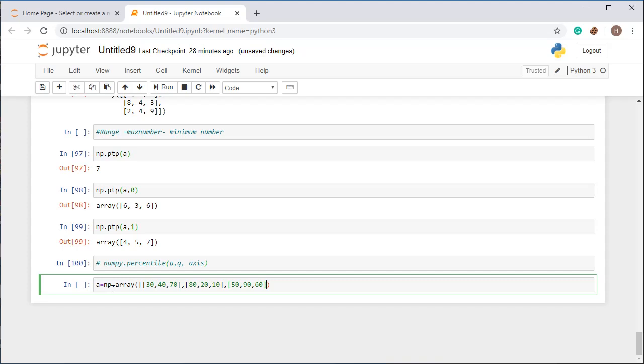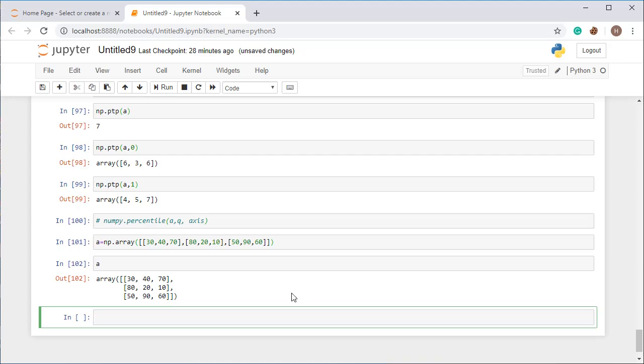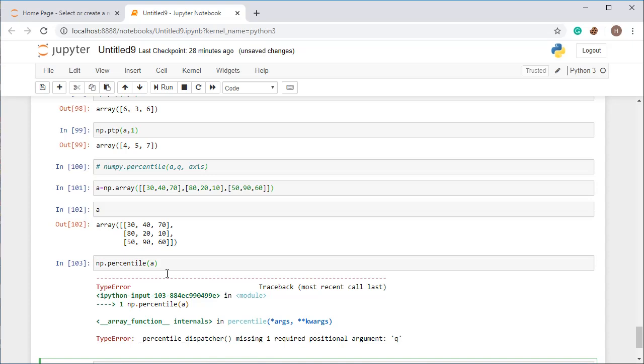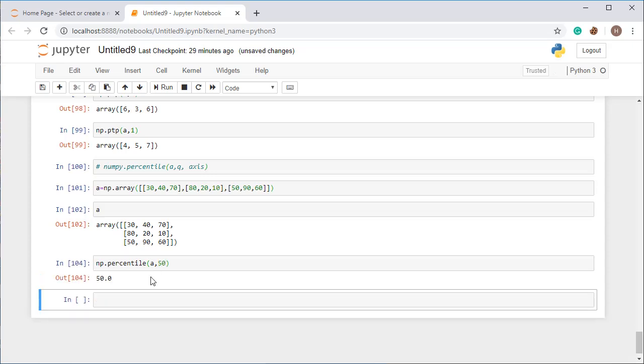So we can consider all these things in array. So here our array is this one. Now I am going to apply the percentile function on this. So for that np dot percentile and then pass the array a, simply a. You must have to pass the attribute of q, at least you have to pass the attribute of q. So I am passing the attribute as 50, so it will give the result for 50.